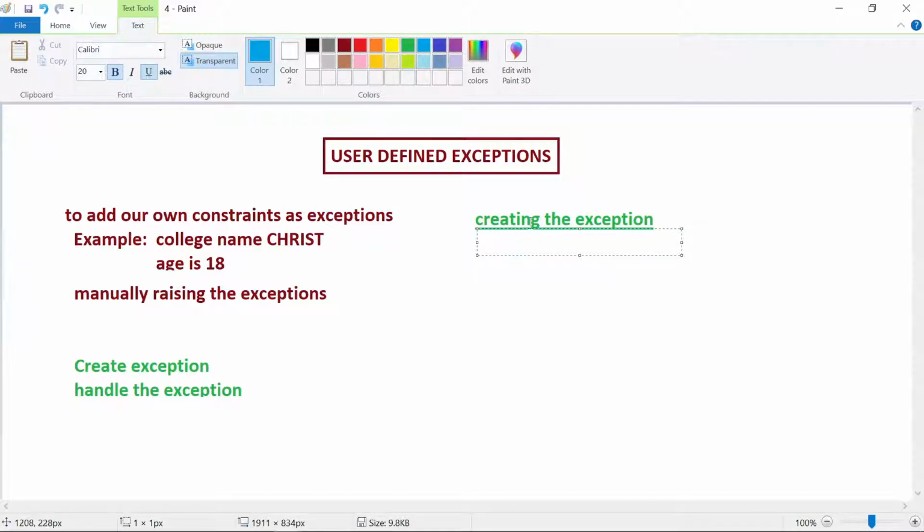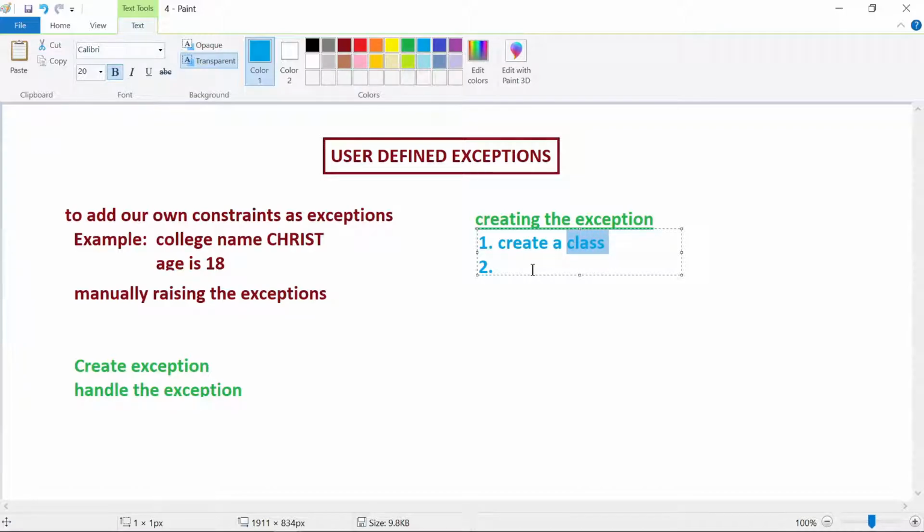Okay, first step, all of you note down. We will be seeing an example also. Create a class. This class can be any class. Any class name can be given. And always this class should extend. What is this class? This class is nothing but you are creating your own exception.